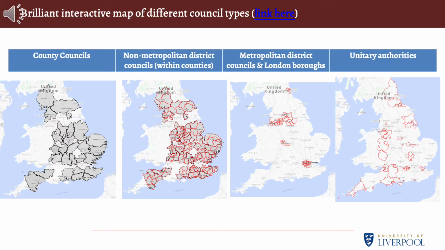Before we start, some people will learn better through looking at maps rather than having things described to them. So there's a link in the slide notes for this section where you can just play around with a map of England which shows each different type of local authority, and I've put them on the slide here. So the first one are your county councils, which contain non-metropolitan district councils, the red line within the grey shaded areas. And then we have metropolitan district councils and London boroughs on the same map, although legally they are different types of bodies, and then unitary authorities.